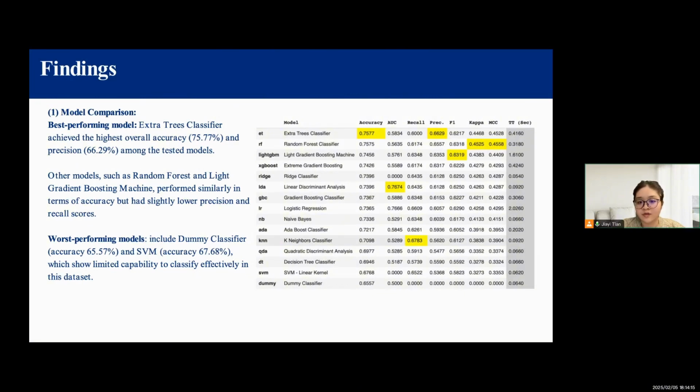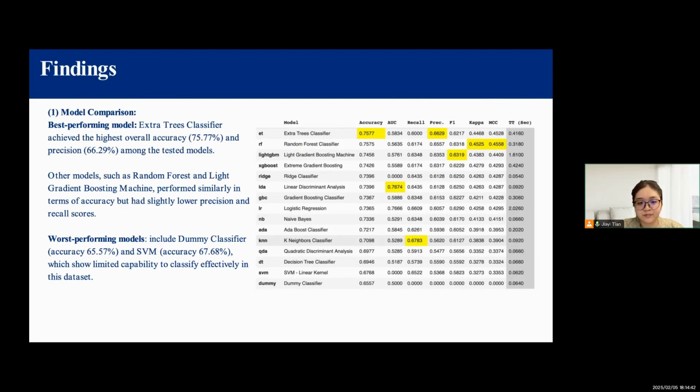Other models such as random forest and light gradient boosting machine perform similarly in terms of accuracy but have slightly lower precision and recall scores. The worst performing models include the dummy classifier and SVM,